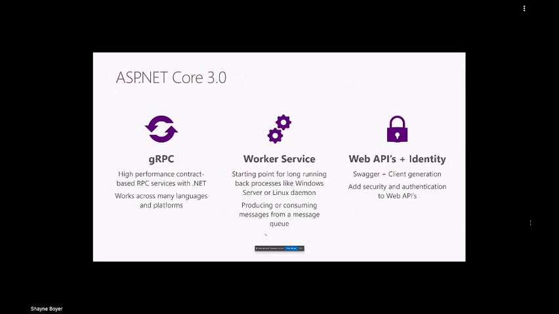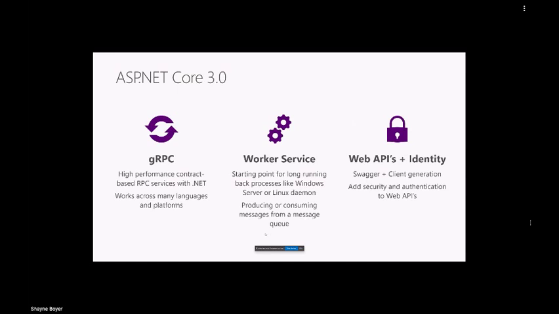Some of the other things that we've added recently in ASP.NET Core 3.0, and obviously made better with 3.1 recently, is some of these other microservice type technologies. First with gRPC, which is that high performant contract-based development with our RPC and .NET. It is a Google service, or developed at Google. We are working closely with them in open source to build in that support with ASP.NET Core. Obviously works across many languages, and we've built in that support with .NET Core to help you move that into your other